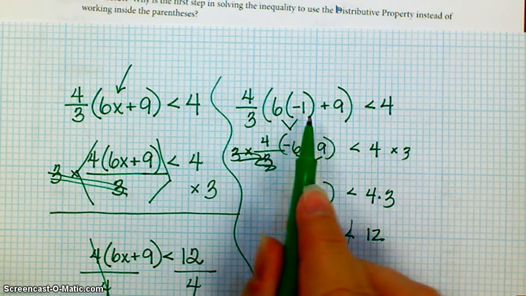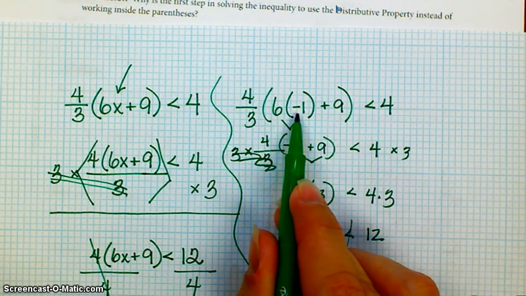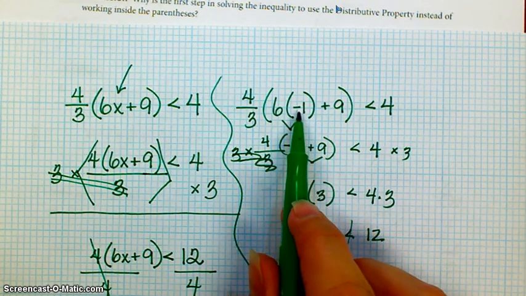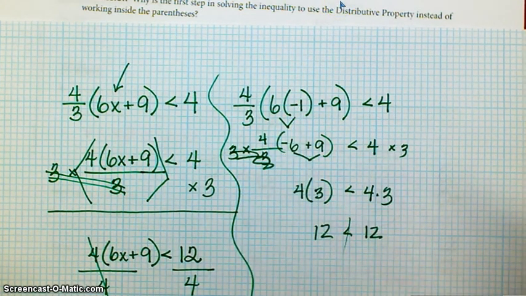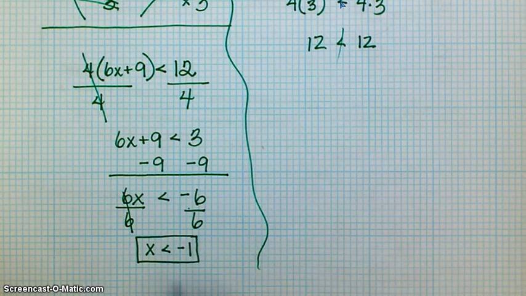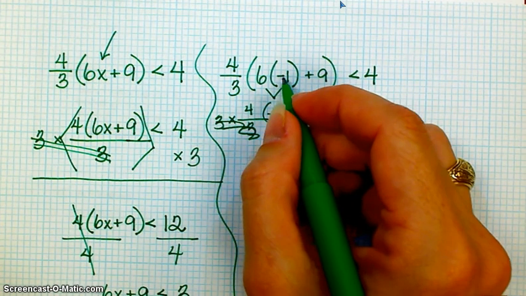Well, that's not the case, because remember, it's only a less than. So if I put in negative 1, the two sides are equal. I've got to put in something less than negative 1. But I've solved it correctly. X has to be less than negative 1. So for instance, if I put in a negative 2 up here,